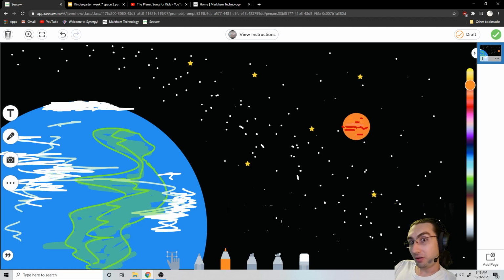Let's add one more thing if you want. Let's add a comet. Okay? Sometimes you see a comet streaking through the sky, and usually it's a whitish and bluish ball of rock and ice, right? I want to use this small marker for this, okay? And then I want to make it also bluish. So usually they're a little bluish and a little bit white. So we'll make it blue and white, and then we'll go back to white, and I want to make streaks